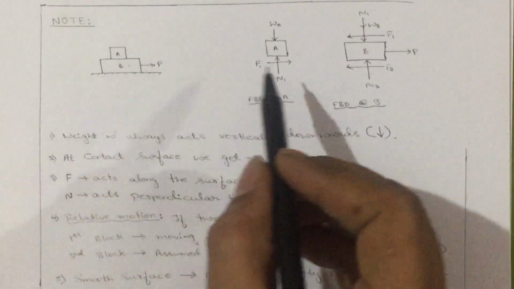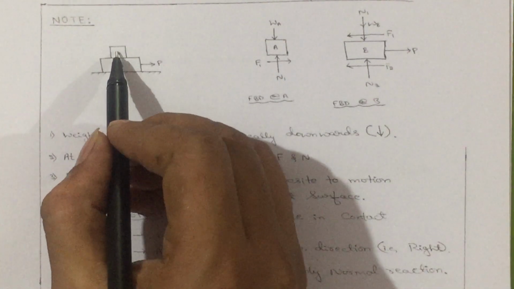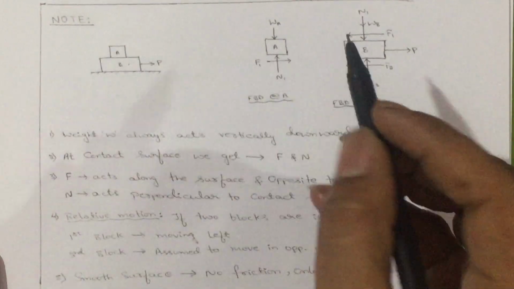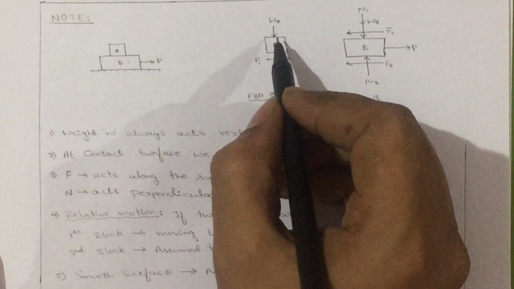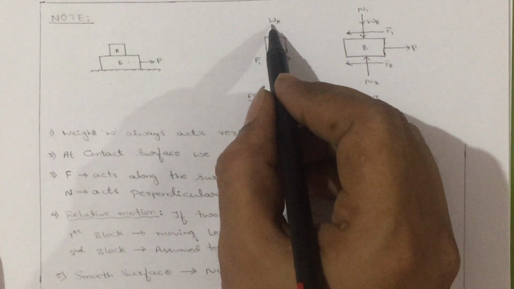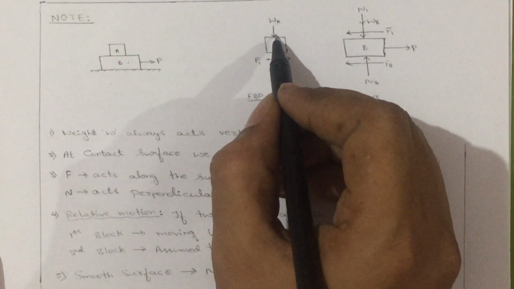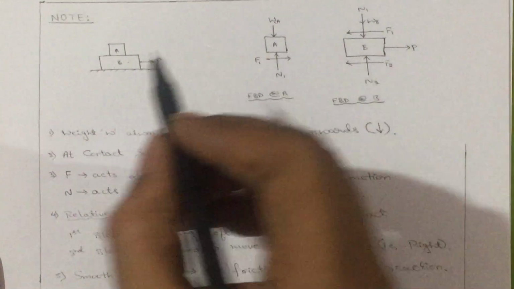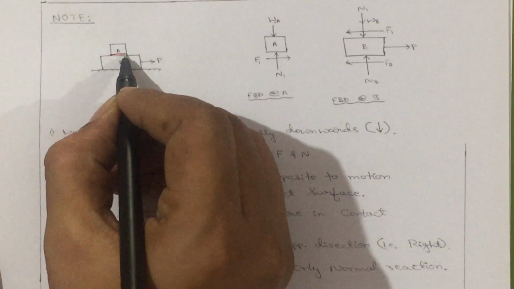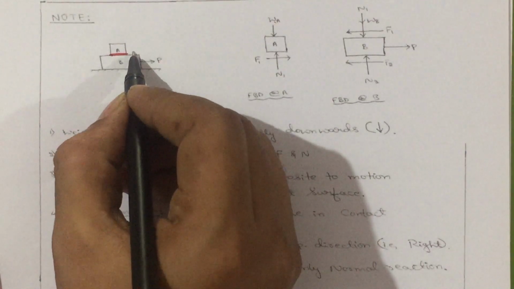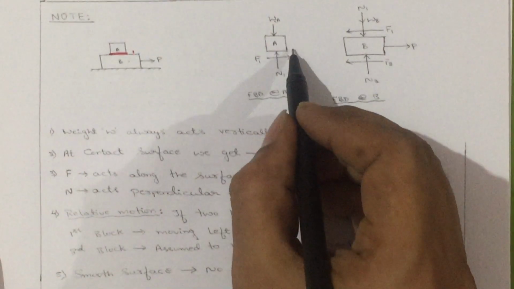Now, we can write the free body diagram of the same. First, I will take the body A. Then there will be a self weight, so I am going to write the weight. Weight always acts vertically downwards, so WA. Then identify the contact surface. This body has only one contact, so call that one 1.